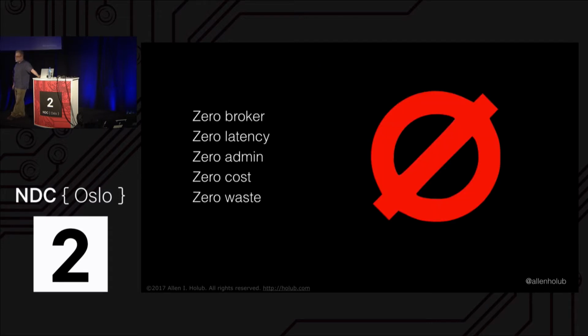So looking at 0MQ, it's called 0 because there are a lot of zero issues. I will apologize in advance for the fact that they've used an O instead of a 0 here, as they don't understand the difference between letters and numbers, I think. But this is the official logo of 0MQ. It is 0 all of these things. No brokers. It's not 0 latency, but it's close to it. It's very, very fast compared to a lot of the other protocols. There is literally no administration.